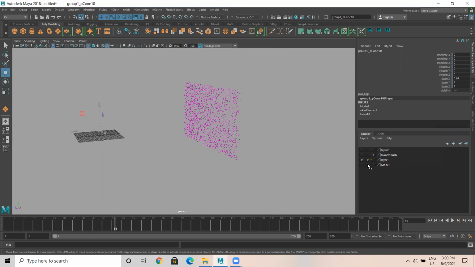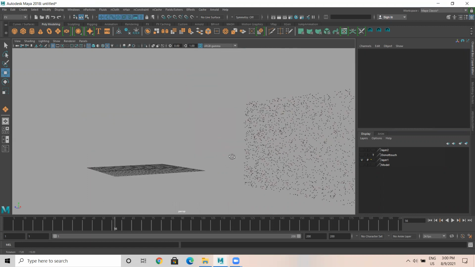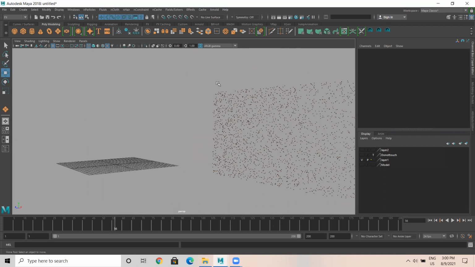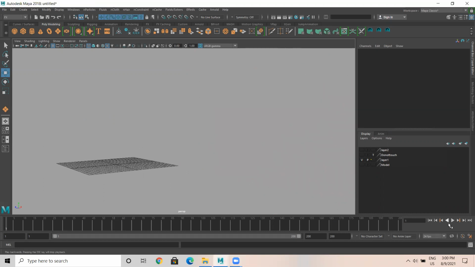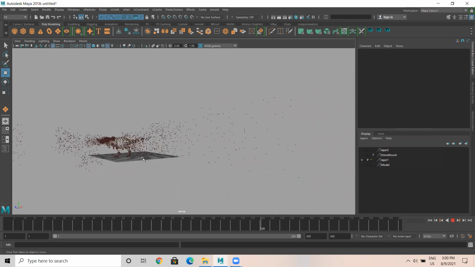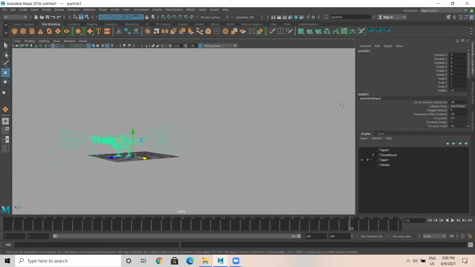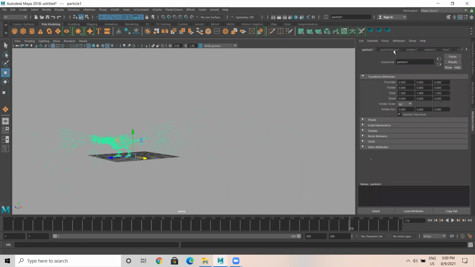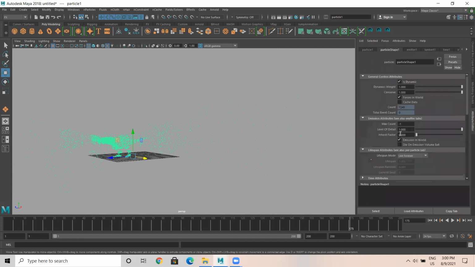I'm gonna place this inside another layer. I don't want to see the plane, I don't want to see the object, but I have already given the goal now. So that's the fun part. When I play, you see it's forming a shape and your dino is running. So I need to play with the particle in this.